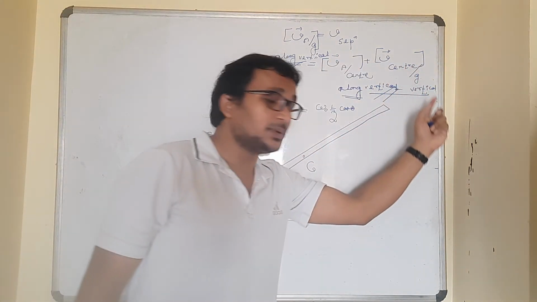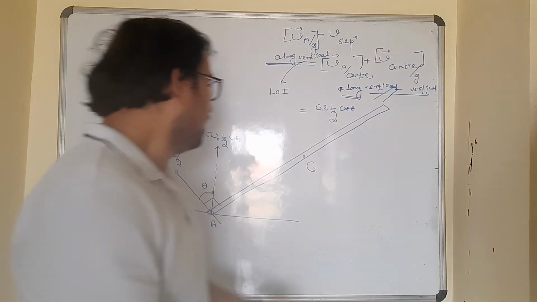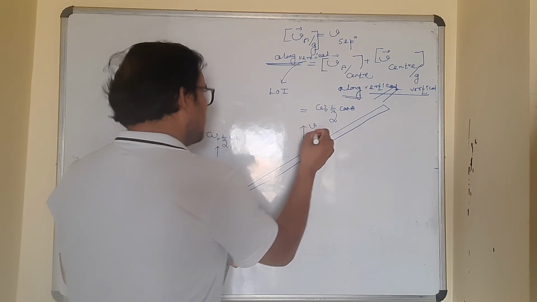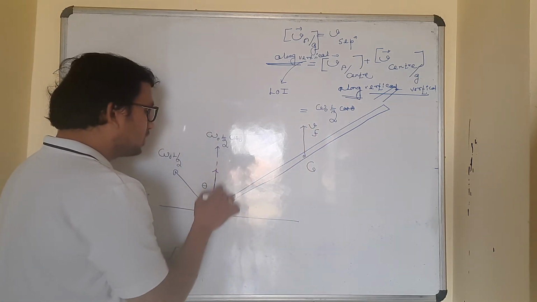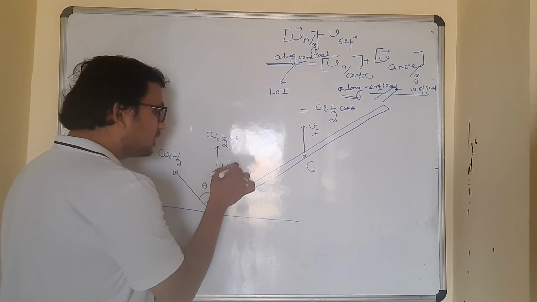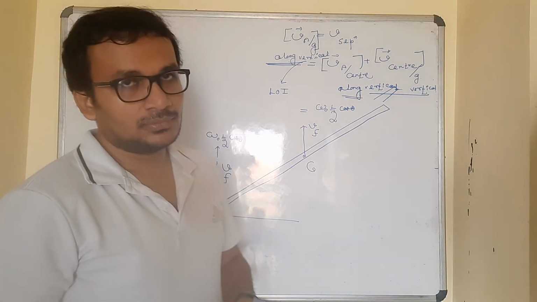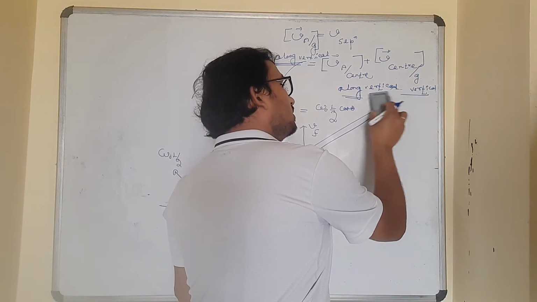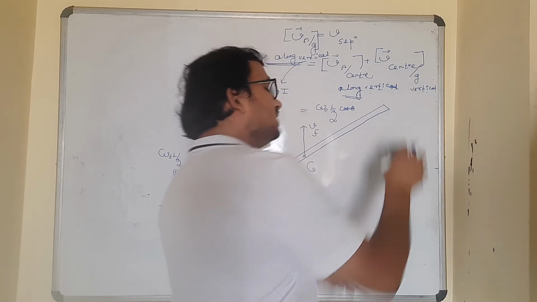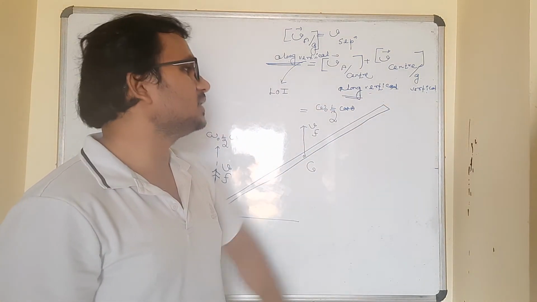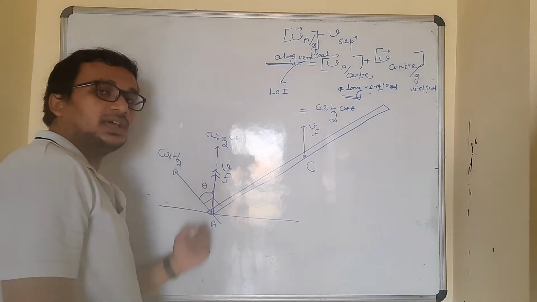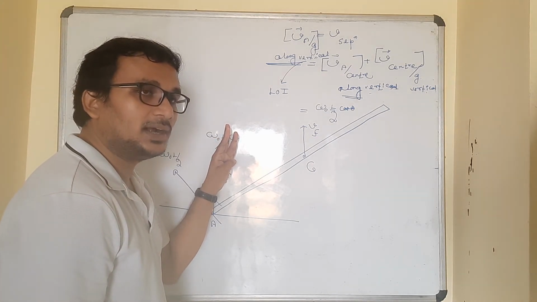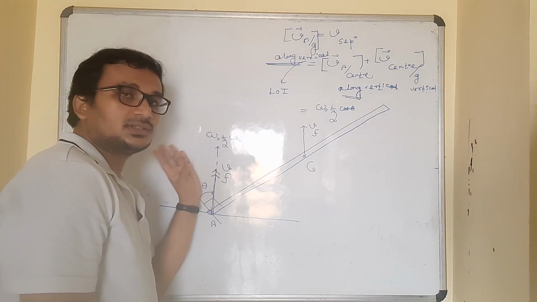Velocity of center with respect to ground and the vertical component of that. The velocity of center with respect to ground is along the vertically upward direction only. Yes, the VF is already completely along the vertical direction. So if I take the component, the entire magnitude will come. When a vector is along one particular direction and you ask for the component along that direction only, the complete magnitude of the vector will come. Here omega L by 2 was along some other direction, so when I took the component, only a part came. Omega L by 2 cos theta is lesser than omega L by 2, not the complete magnitude.